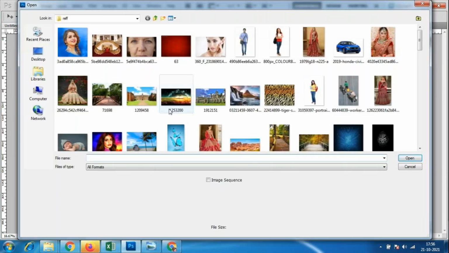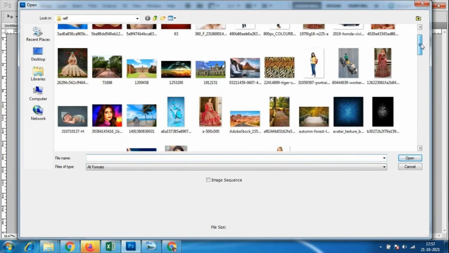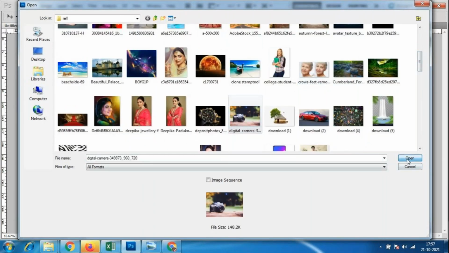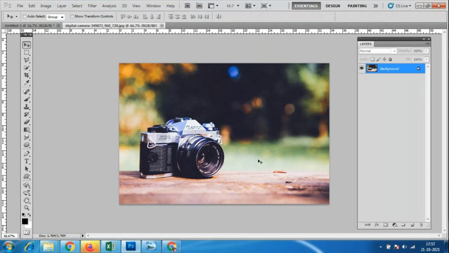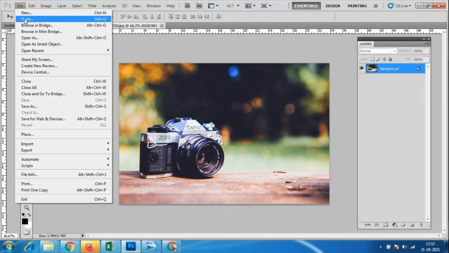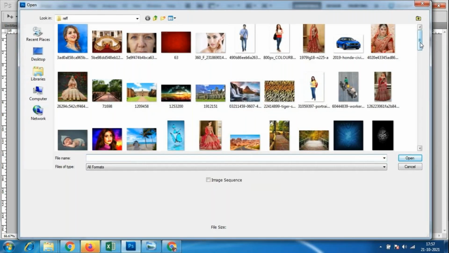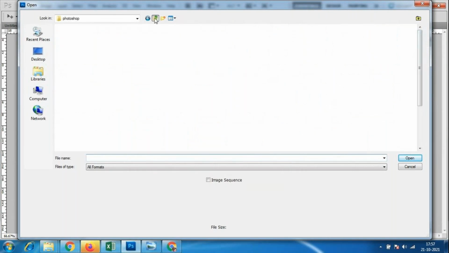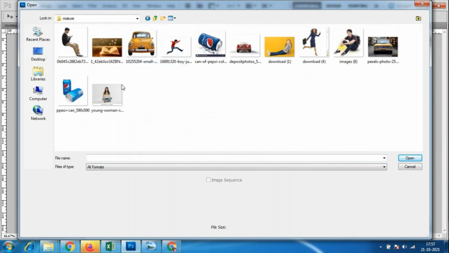For that we need a miniatures drawing. So miniature works, miniature designs we wanted. Let me check what kind of image I have. Suppose, okay, I have this camera image. Otherwise, let me check. These are some creative works. I'll go to this reference and we have the miniature folder here.